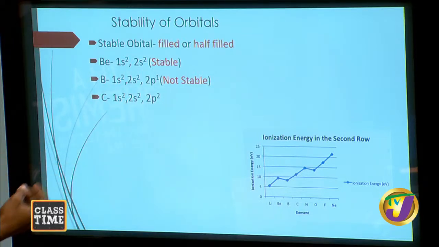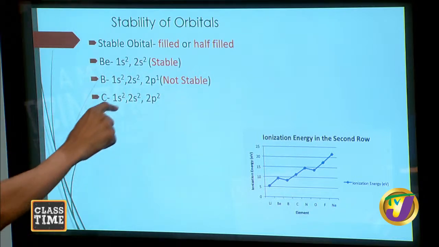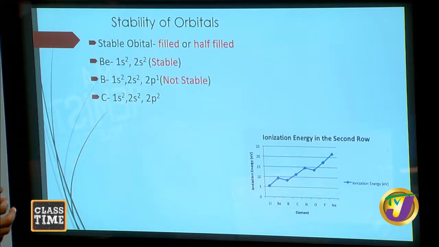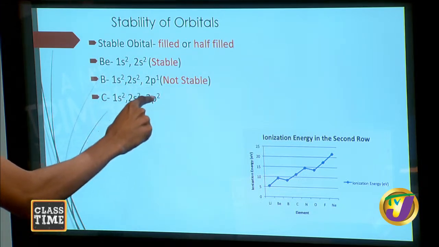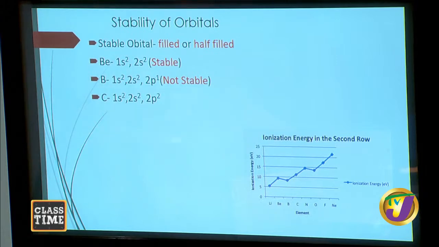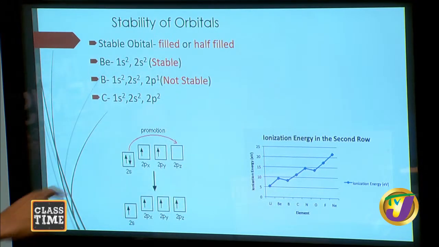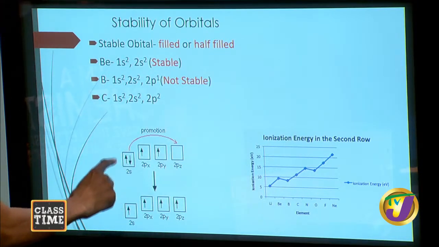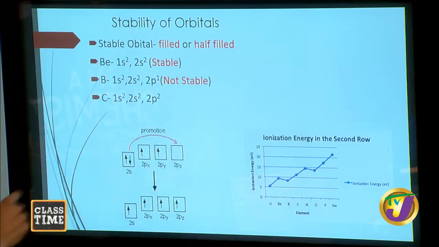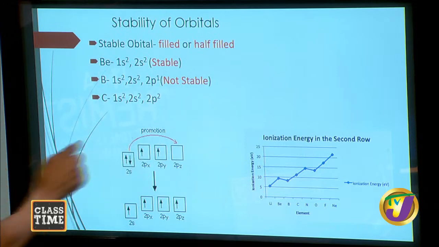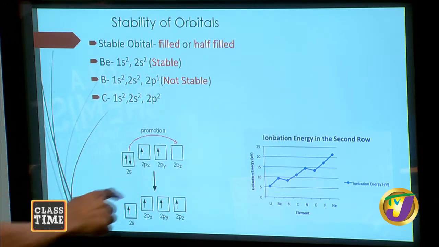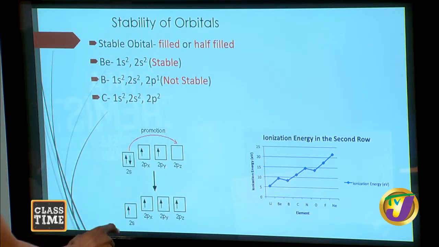But what can happen? You remember I was showing you the relative energies of these orbitals, and we said that the 2s is close in energy to the 2p. What can happen is an electronic transition from the 2s to the 2p, like this. You have the 2s here, and the 2p right there, close in energy. So an electron can jump from the 2s to the 2p to generate a scenario like this, where the 2s